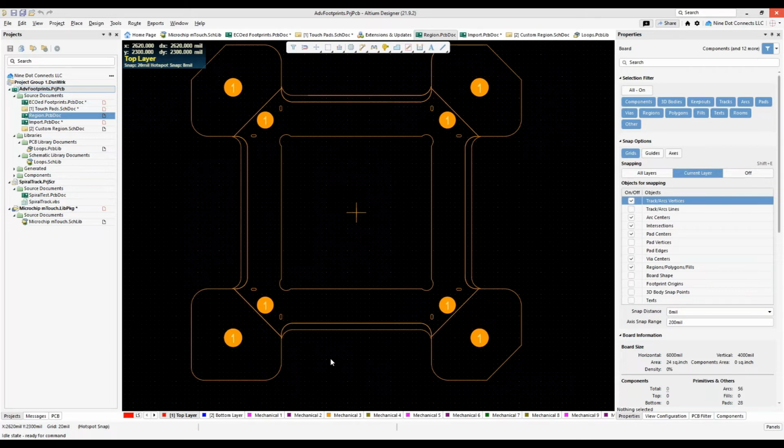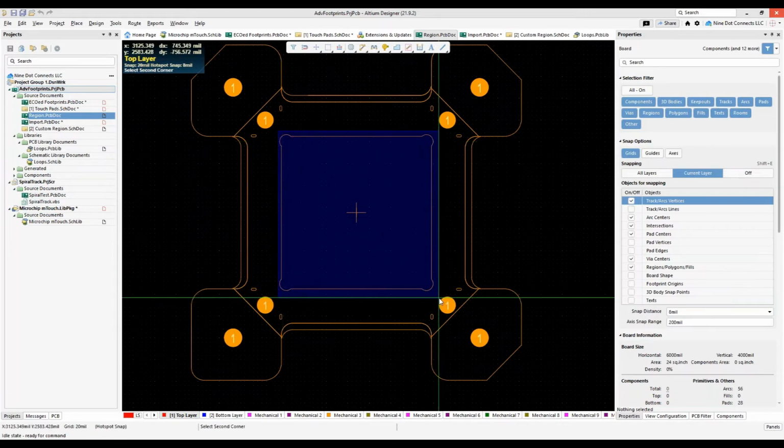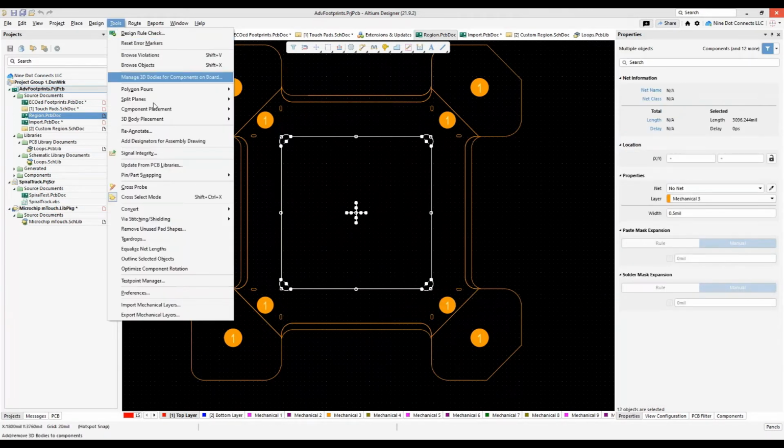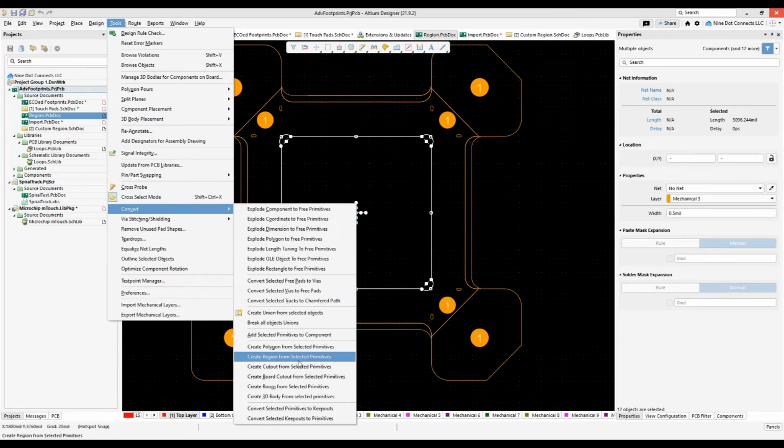So that's why we want to start it off here, but then we're going to finish it up in the top layer. So with that, I'm going to start off by creating a region here because I want the polygon to pour away from this inside. So I'm going to sweep over this, and then I'm going to go into Tools, then Convert, and from Convert, I'm going to do Create Region from Selected Primitives, and